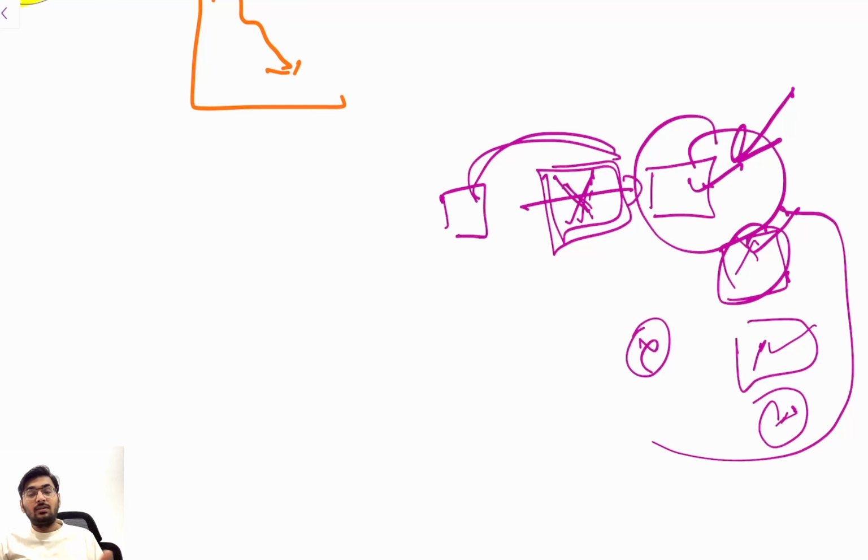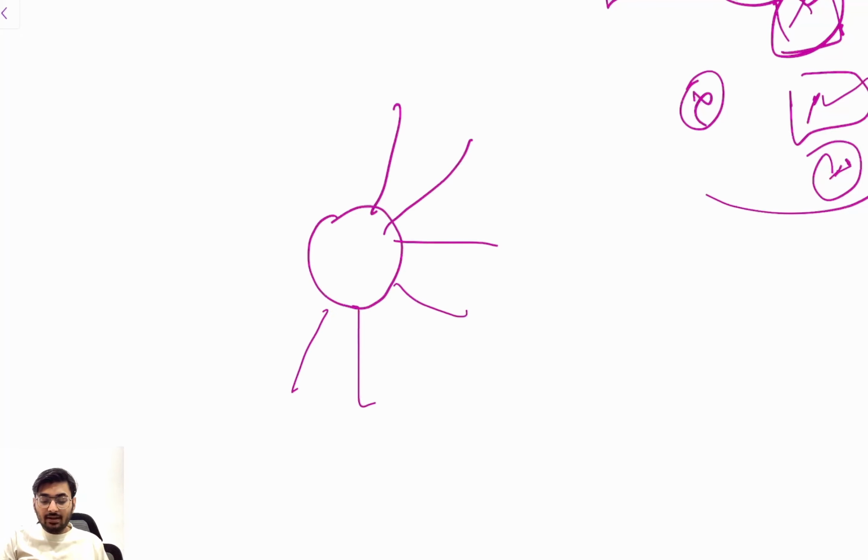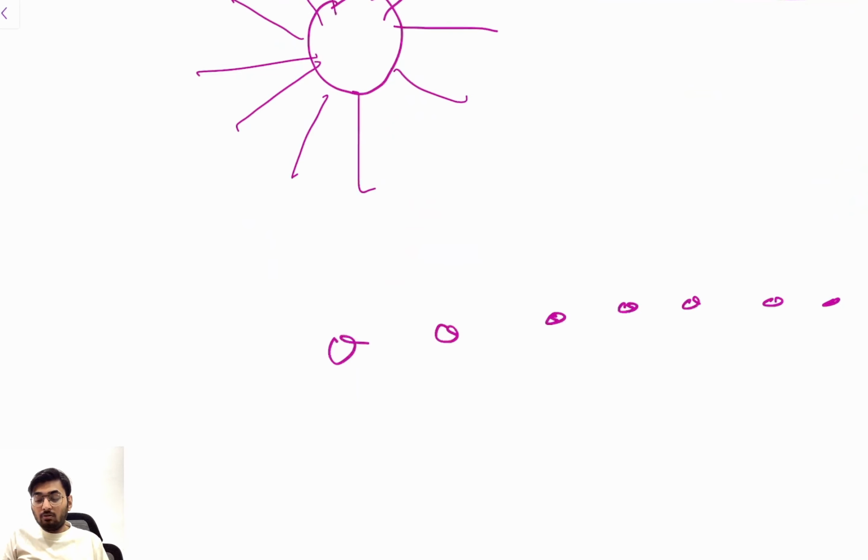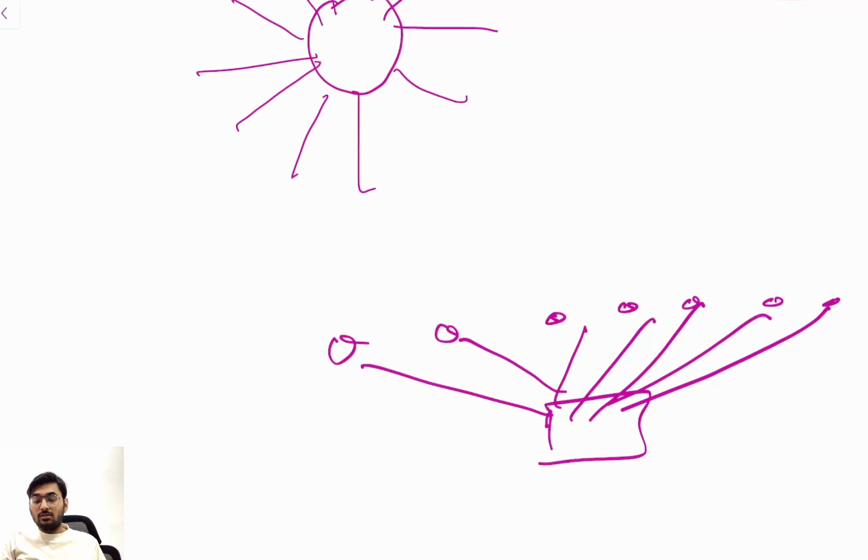Are you understanding? Decentralized, try to understand the meaning now. Centralized means what? This is a server. Now every customer is trading via this single platform. They store everything over here. Clear? Centralized, center. But decentralized means everyone has their own center. They have their own center and now they are trading through this. So this can be hacked because the data is over here, the cryptocurrency is over here. If this got hacked, you will lose all your cryptocurrency. Are you understanding? This is the process of a decentralized exchange.